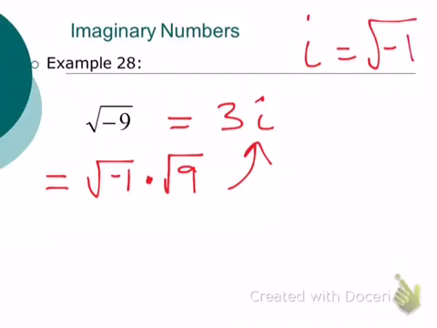Now, this is important because when we're dealing with imaginary numbers, we've got to know that the rules are different. Okay? The rules for working with imaginary numbers are different than the rules for working with real numbers. All right? Is everybody okay with that? For example, and I want you to see this clearly because we're going to come into something in just a second where we'll use it. Let me just blank this out and go here. If we have the square root of 6 times the square root of 5, what does that equal? Square root of 30, right?